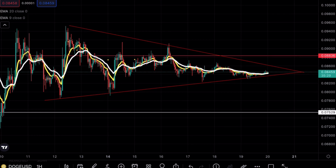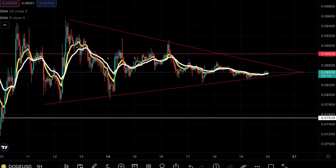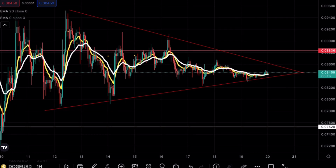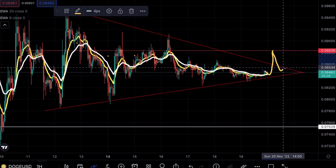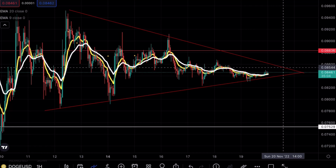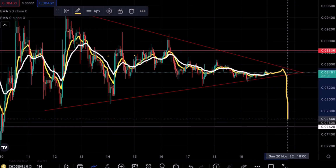As you guys can see on Doge, we are starting off with the hourly chart because I did want to point this out. The fact that Doge is in a symmetrical triangle like many other cryptocurrencies would explain why we are just not seeing that volume breakout just yet. You can see that Doge is pretty much using this range, a very tight stop. We are pretty much seeing that volume drop, so I would be expecting an explosive move on Doge, whether or not we continue breaking upwards, or of course if we have that fake out situation and have that massive move